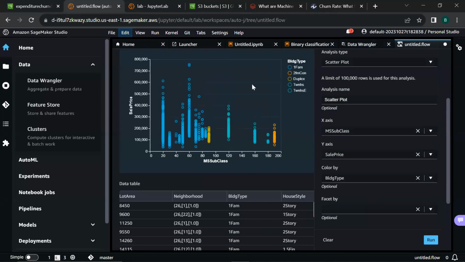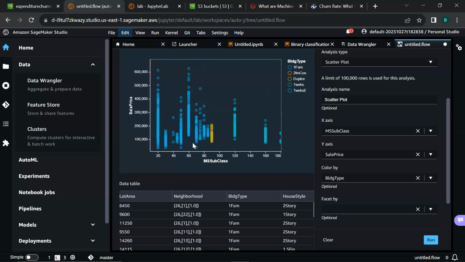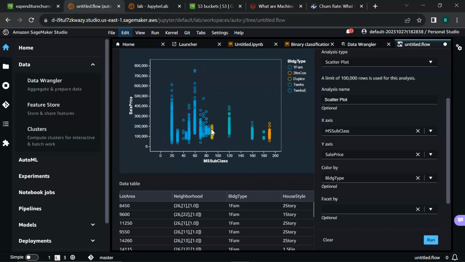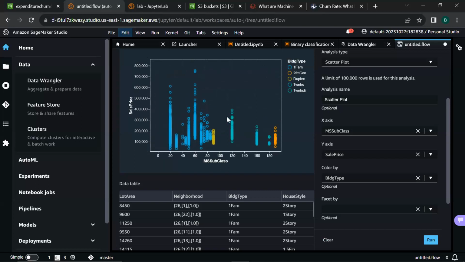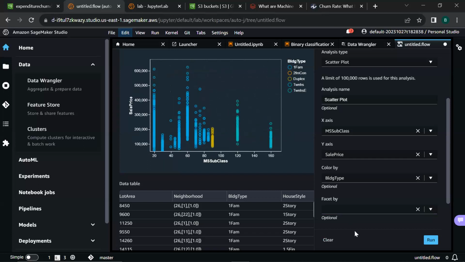So we get this scatter plot here, and the different colors depend on what we have here. You can also interact with it. You can zoom it in, you can zoom it out. It's very interactive. It's not perfect, but it's very interactive. So that is how you create the analysis here.